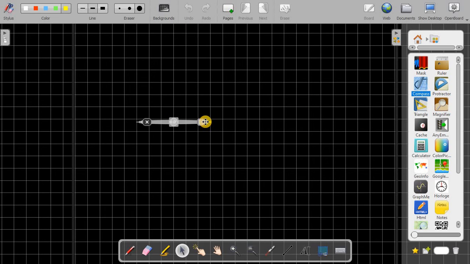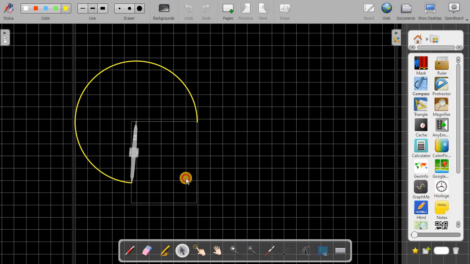You can take any length in centimeters according to your convenience, and then draw the circle. Once the compass work is over, take it out and highlight the center point.